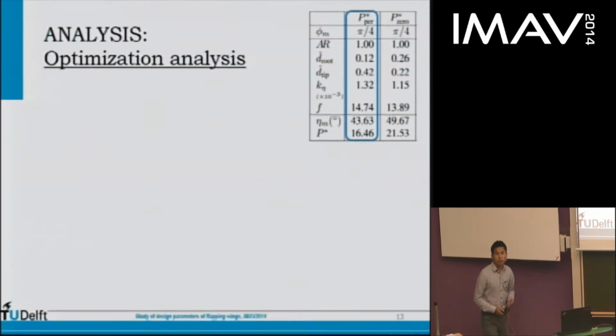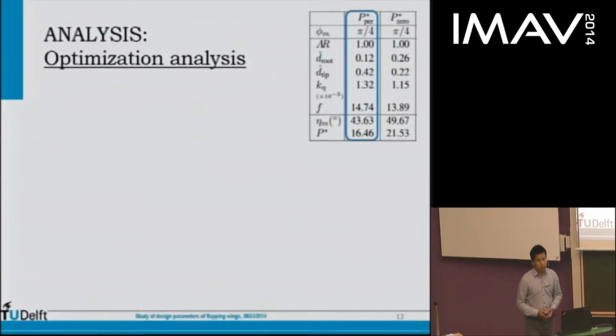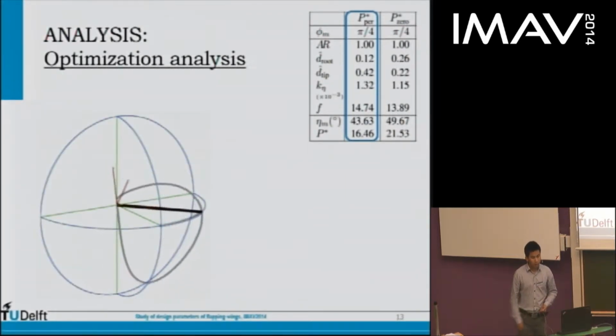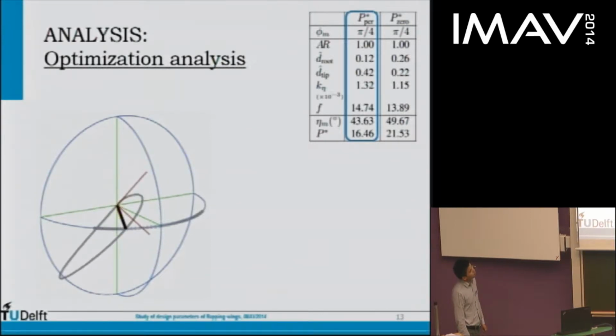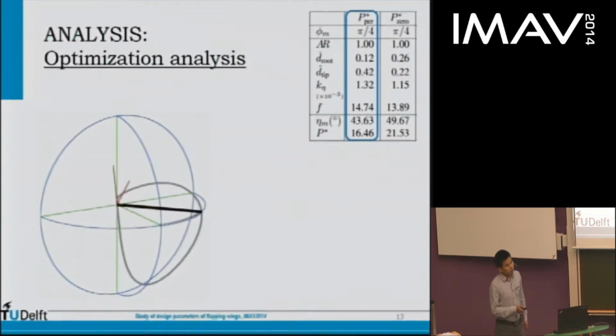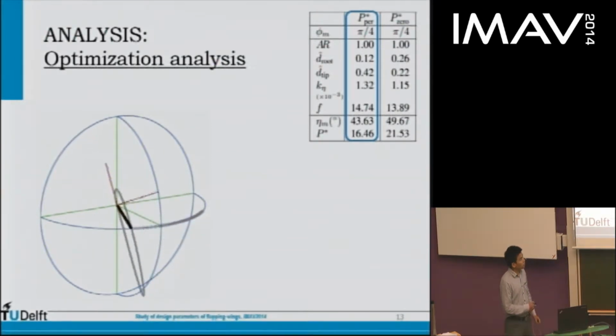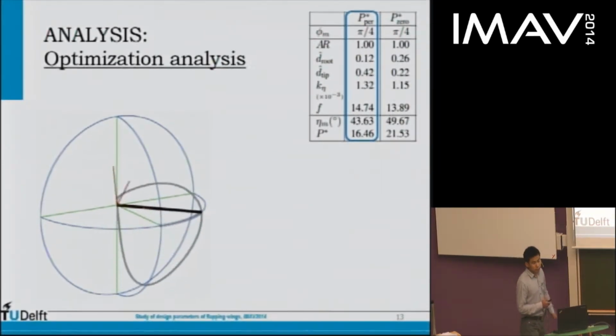So now we have three separate sweeping amplitudes and 2 cases of power consumption. So in total, we have 6 cases. To illustrate the optimization results, I will show the first case with a 45-degree sweeping amplitude and the perfect elastic storage power pattern as an example. This is the optimal result, and it can be seen here. The aspect ratio is selected as the minimum one, and the pitching axis is between the leading edge